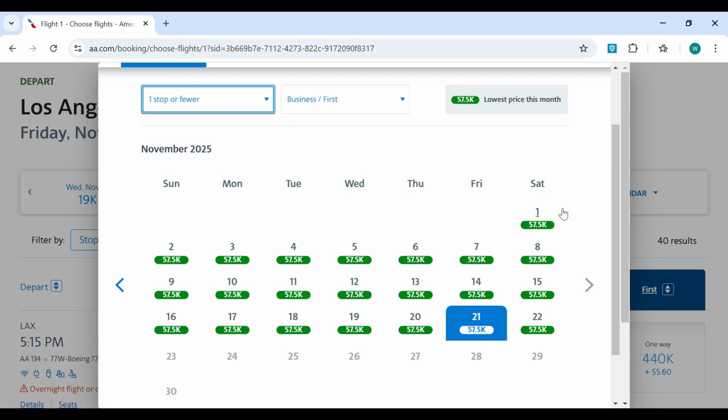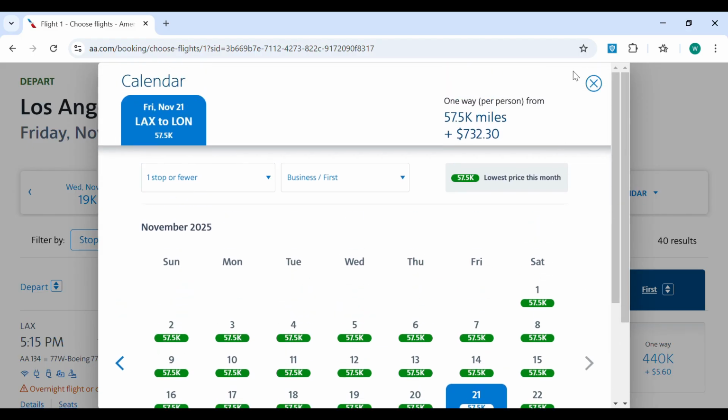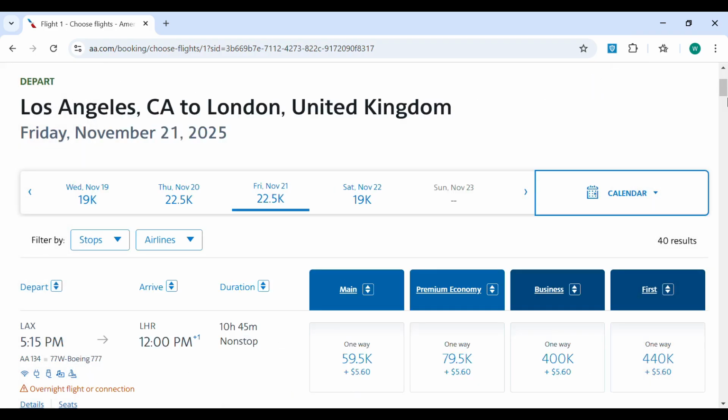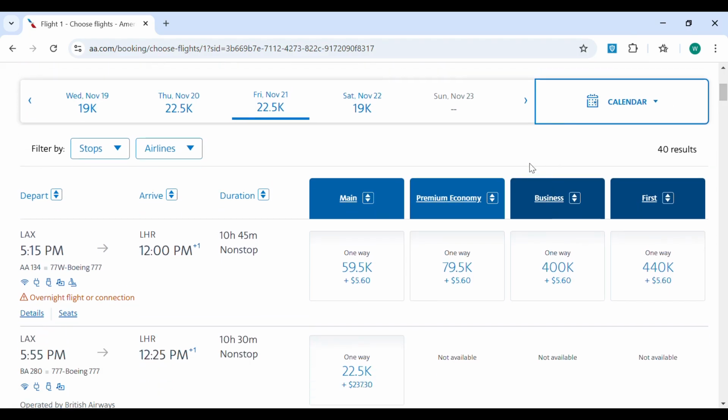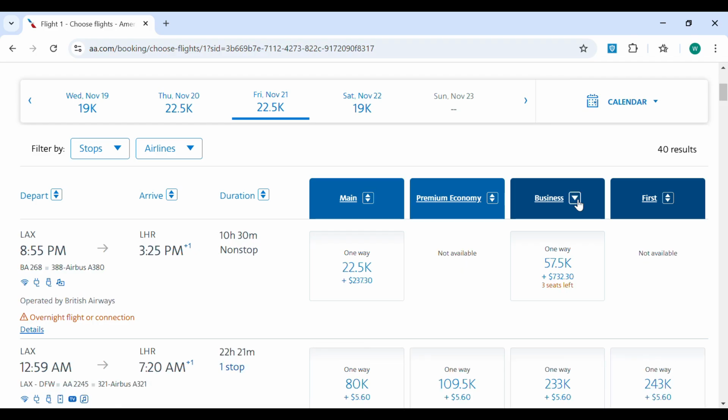Now you can see that the entire month has basically the same rate of 57.5 thousand miles. So since we're already on a desirable date, we just click out of this. If we wanted to do a different date, we would just select that in the calendar. But we can click out of that and go down here, and you can sort by just clicking on the arrow. And in this case, we're going to sort by business class. So it's 57,500 miles and